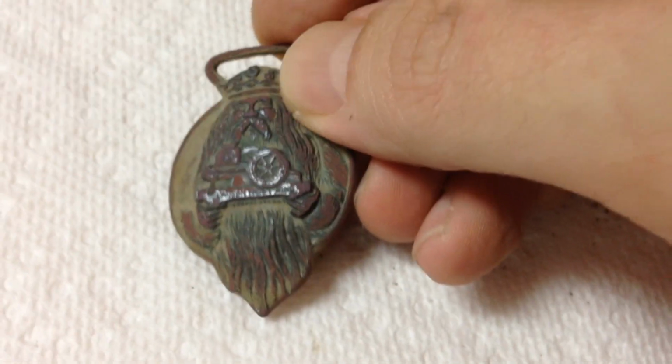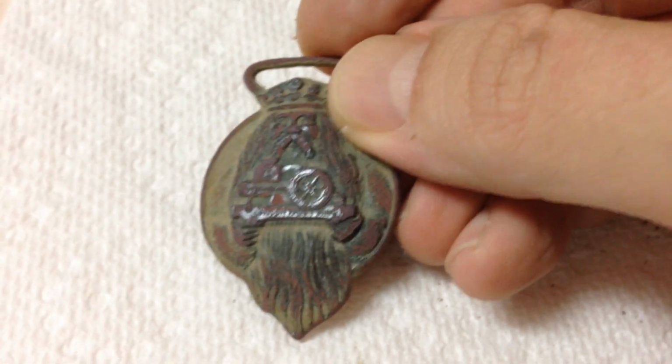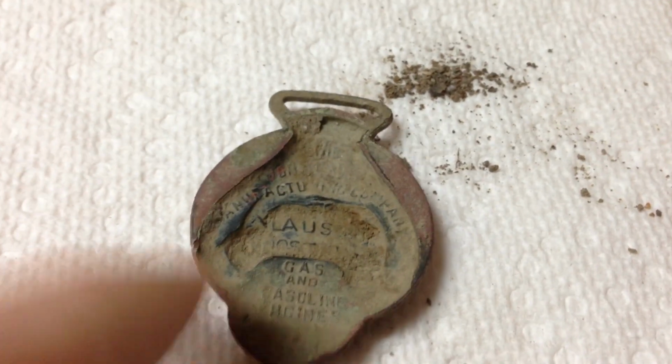This thing, turns out it's cooler than what I thought it was. Don't know if you can see the writing on it, but it says Lawson Frost King, and I'm kind of shaky because I'm using my little handle grip thing. But it's a watch fob. Lawson Frost King was an engine manufacturer